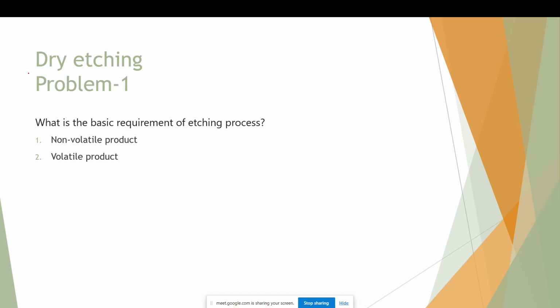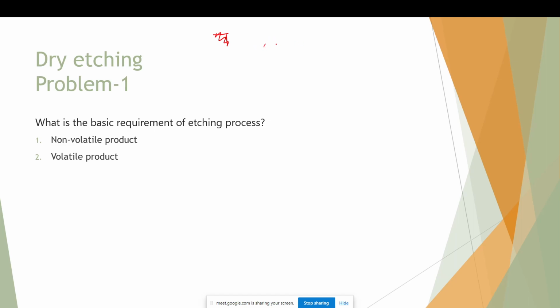So yeah, before starting, some points I would like to mention about dry etching. So when will you use wet etching and when will you use dry etching? That is the thing. So wet etching will give you a smoother surface after the etching compared to dry etching. And so in cases when you want the lateral etch,